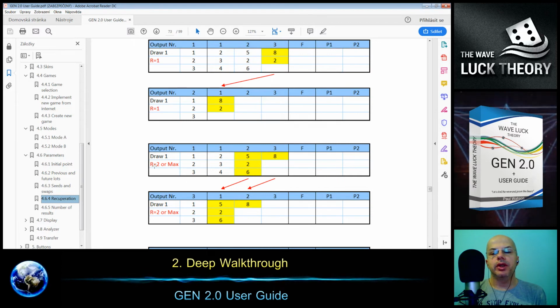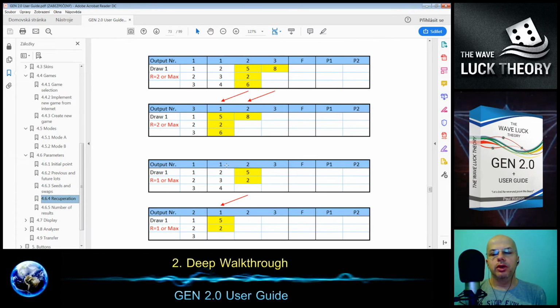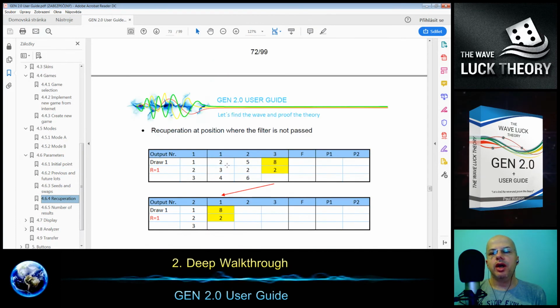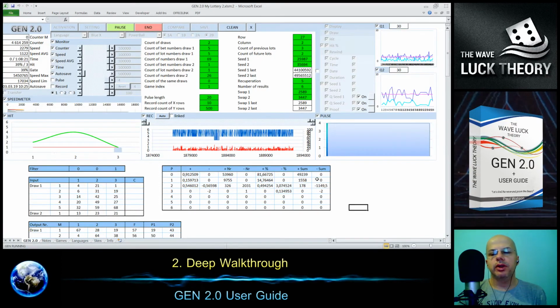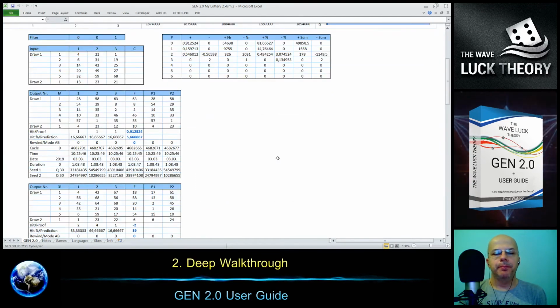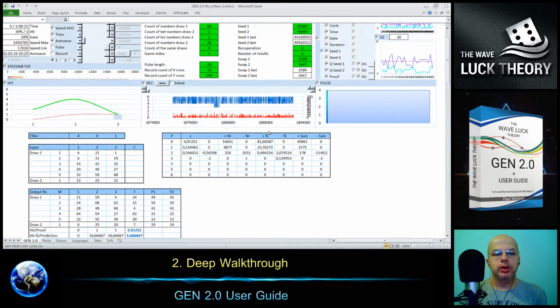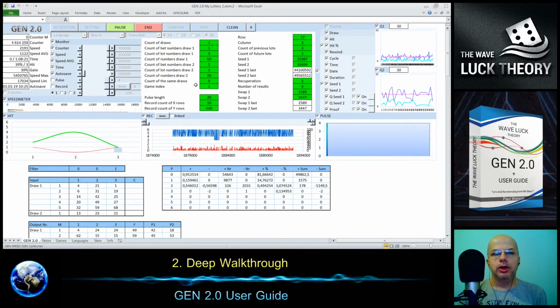And in case the recuperation is 2, we ended here at the filter settings, then we put these numbers, and we like it here, if we have the recuperation 2 max or 2. So these are the cases. I think at this moment it's evident how it works, and I will try to show it directly in the Gene, the monitoring box. So what I need is somehow to pause it.